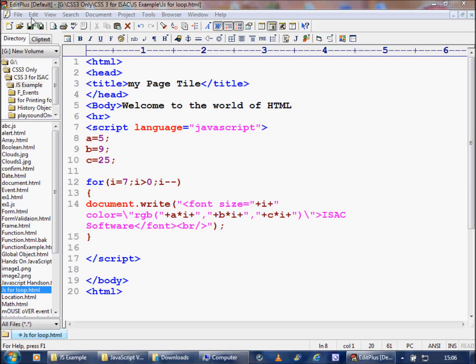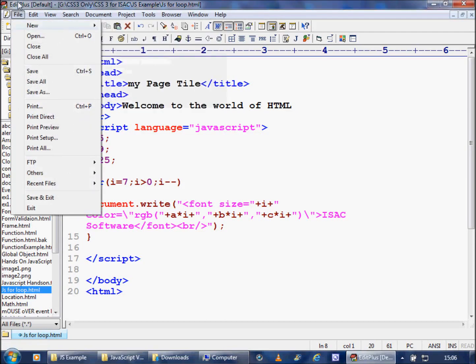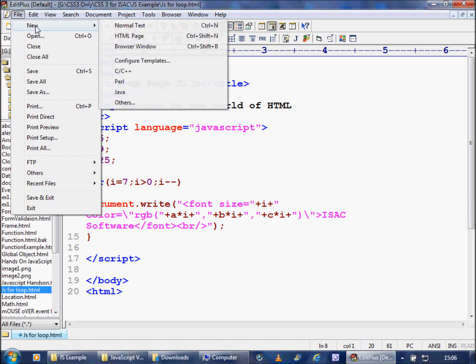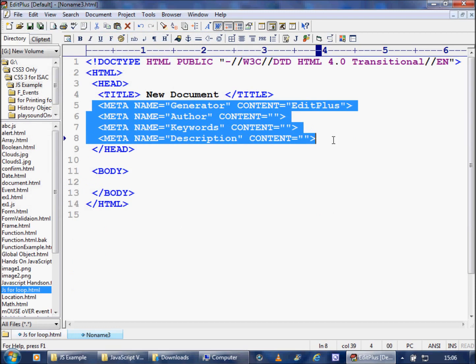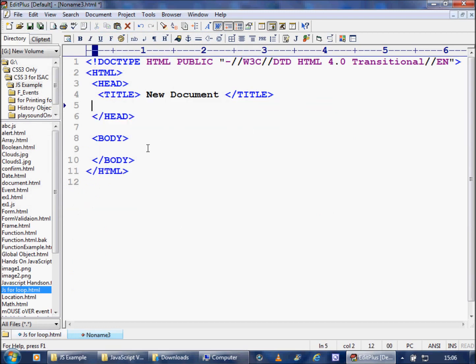Guys, let us understand how to make a JavaScript page. I just used EditPlus as the editor, and I say HTML page. Here we can write the whole JavaScript code. We can write it in the body or in the head. What I have to do here is say script